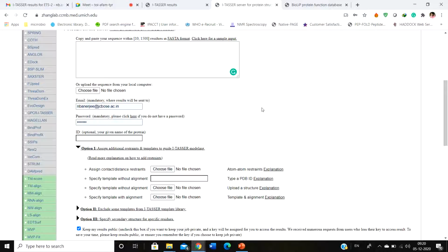For example, this amino acid alanine 171 must be 2 angstrom apart from valine 239, this kind of distance vectors. And apart from that, if you have any specific template, if you know beforehand that your particular protein is a homolog of another protein,